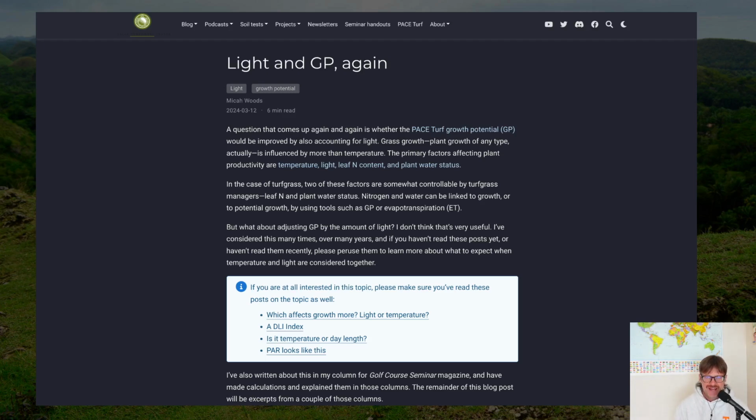Grass that has no water will be dormant, and grass that has plenty of water can have the potential to grow at its most rapid rate. So each one of those things, the light, the temperature, the water, and the leaf nitrogen status, those all have an effect on growth, and all of them could be completely limiting, because if we try to grow grass in